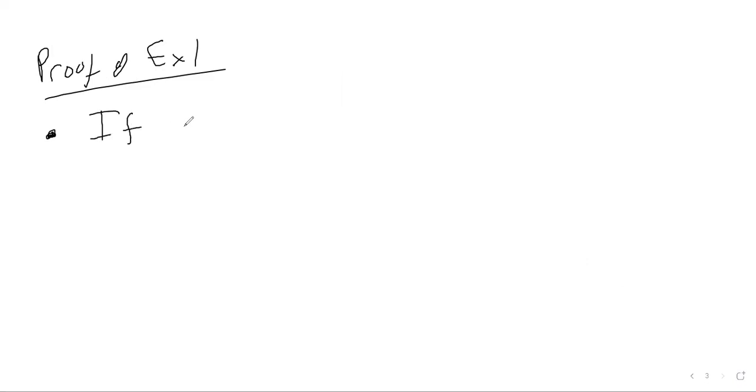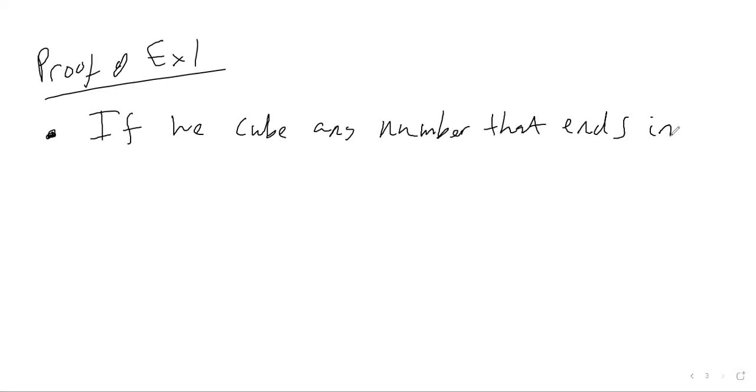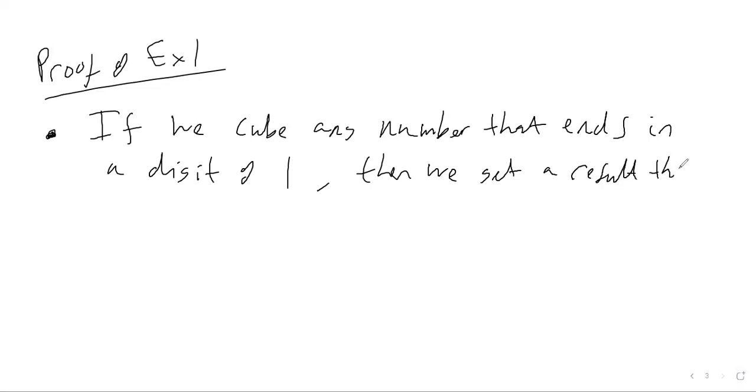So if we cube any number that ends in a digit of 1, then we're going to get a result that ends in 1 itself. And that's because